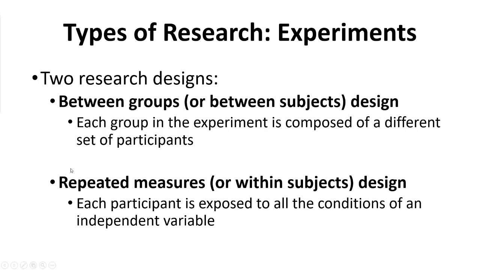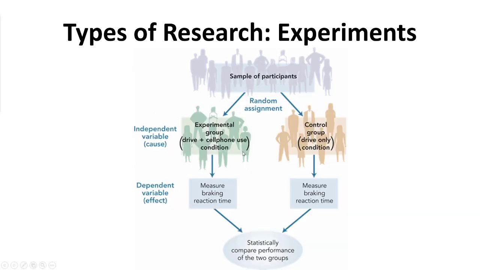And so from the title, repeated measures, basically telling us that we're going to measure something over and over again. And in this setup, each participant is going to be exposed to all of the conditions of all of your independent variables. So if we come back here, this would be saying that instead of having this group of sort of greenish people are our experimental group, and this separate group of orangish people are our control group, for a repeated measures design, we would have, say, 10 people, and the first thing that they would do is drive around